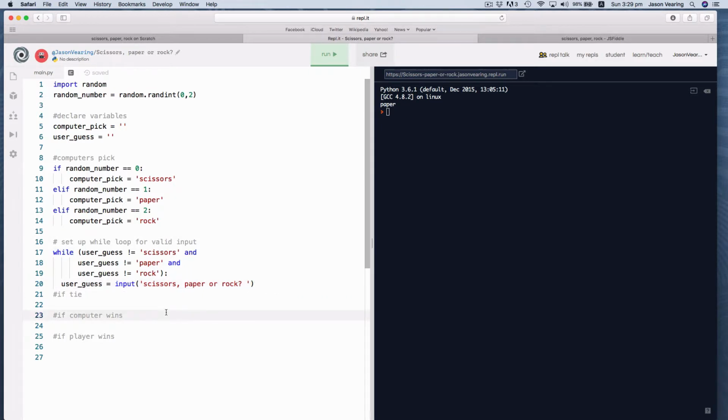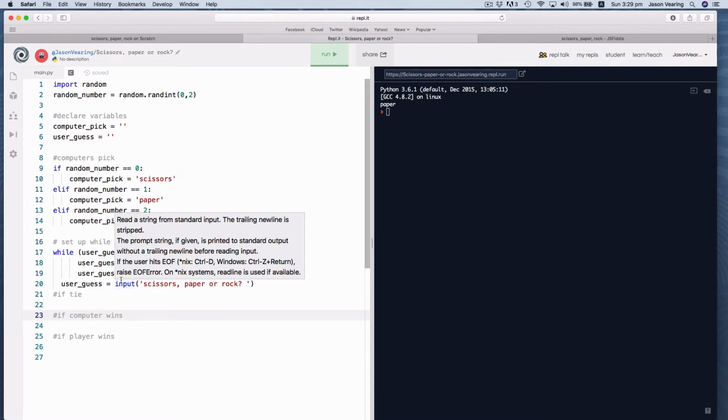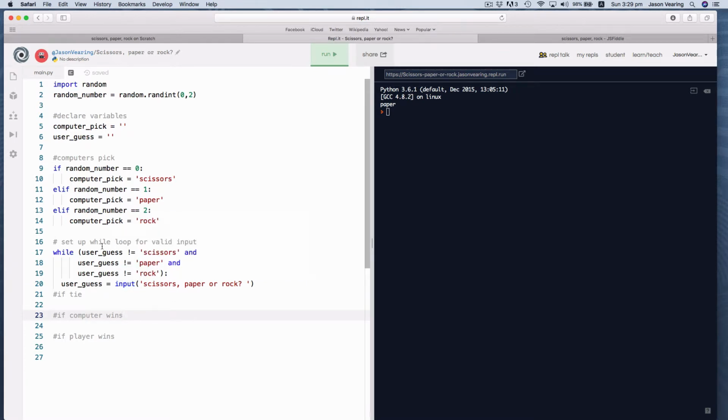So what's important here? We have the while loop and we have brackets because there are a few conditions in here. It's if user guess does not equal scissors, and if user guess does not equal paper, and user guess does not equal rock. So if the user guess is not one of those three words, then put up the input prompt: scissor, paper, or rock. And if it is, well then we can say,